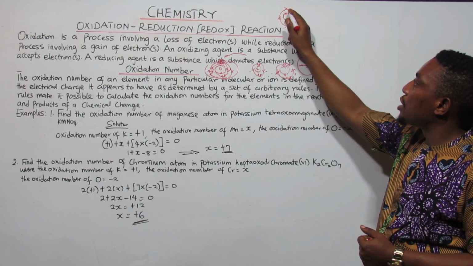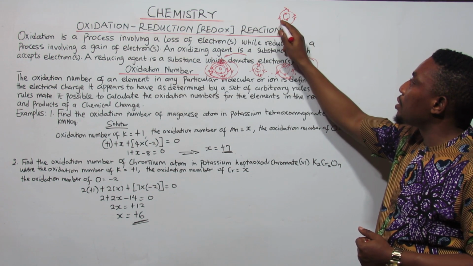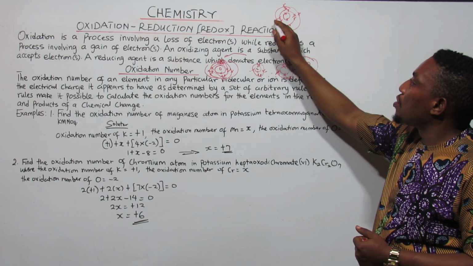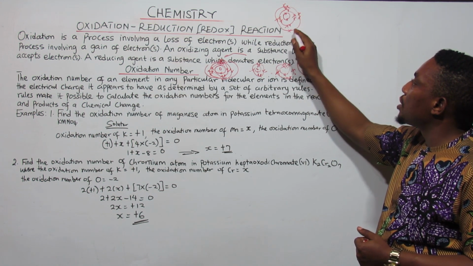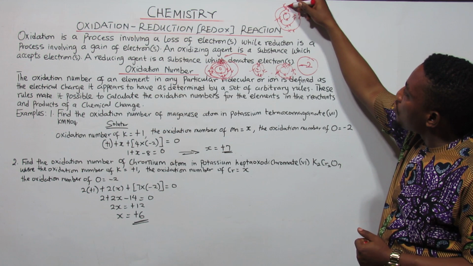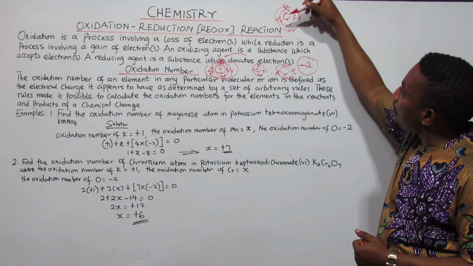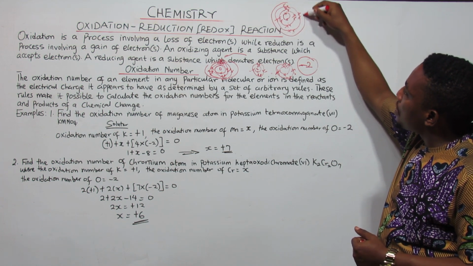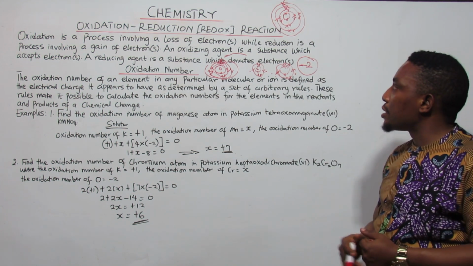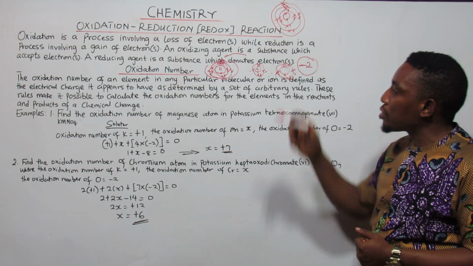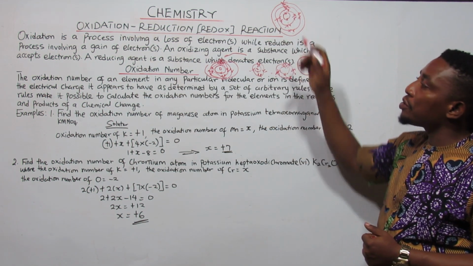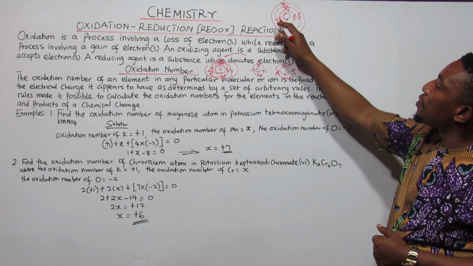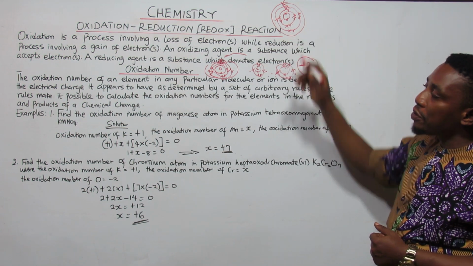5, 6, 7, 8, 9, 10, 11, 12, 13, 14, 15, 16, 17. So you have 2, 4, 6, 8, 10, 12, 14, 16, 18, and another one here, making it 19. All these stars are electrons, so you have a total of 19 electrons. So you see that all these shells are filled up. In that case, when they are filled up, they become